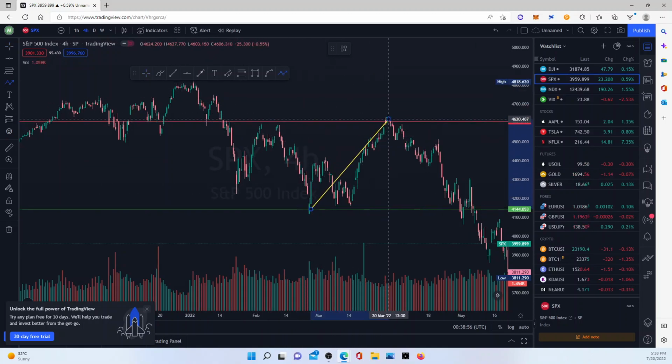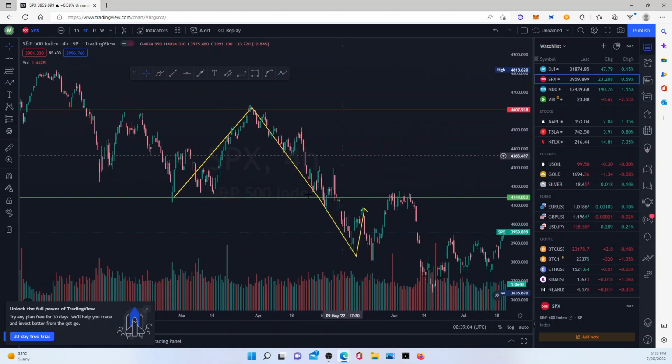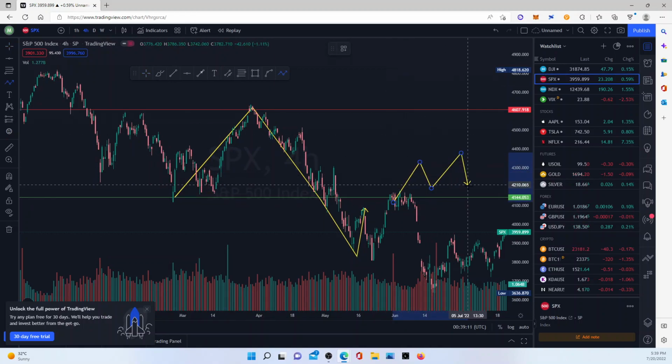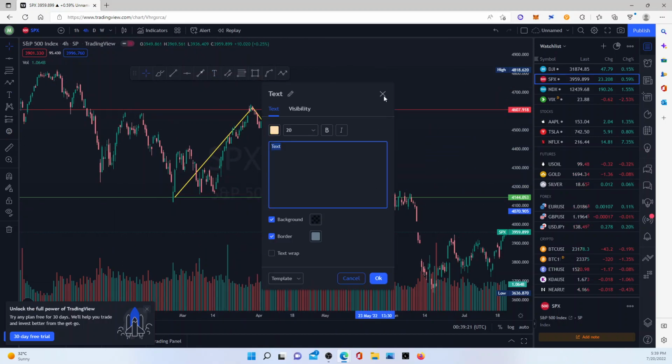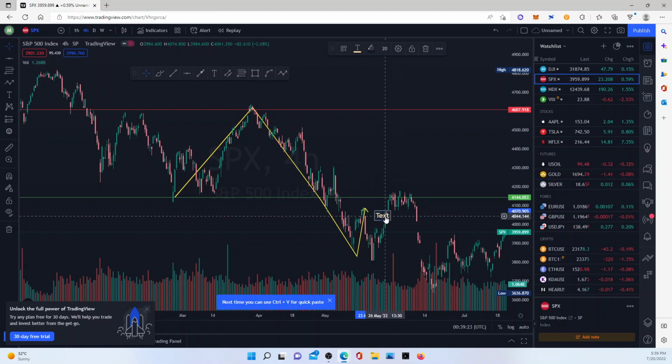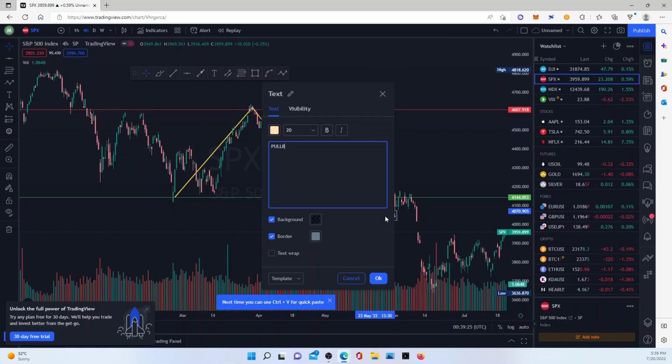Price goes up, comes down, goes back up. Let's just say it exited and it came back up again. It doesn't have to be so many lines. It could be two lines. It could be one line. It could be anything. But the most important thing for you to understand is this thing called a pullback. The market coming back to the same place is being called a pullback.